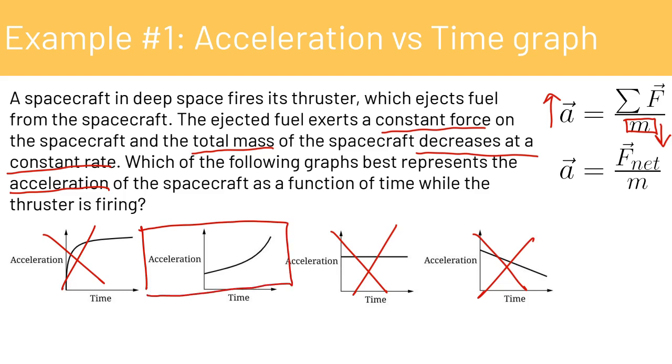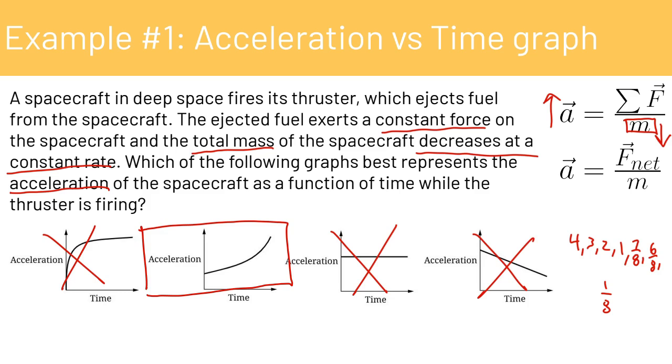This is true because if you think about this number here getting smaller and smaller, think about it as a fraction. So we start with a whole number. We start with, let's say, 4, then it goes to 3, then it goes to 2, then it goes to 1. Then it becomes fractions. So let's say it starts as a large portion of the total mass. Let's say it's 7/8 of a whole mass, and then it goes down to 6/8 and so on. Eventually it gets down to 1/8.